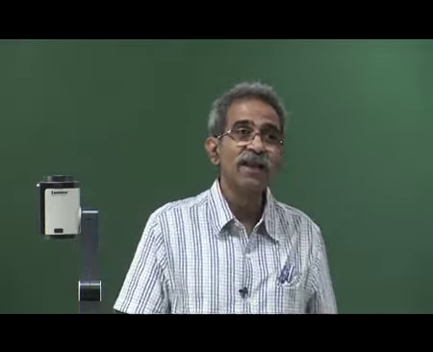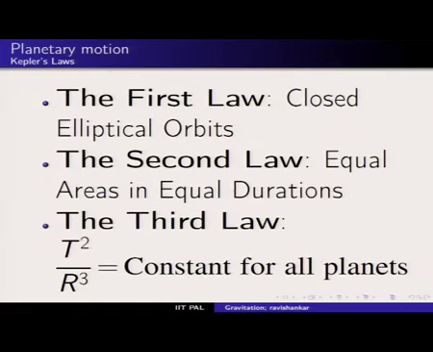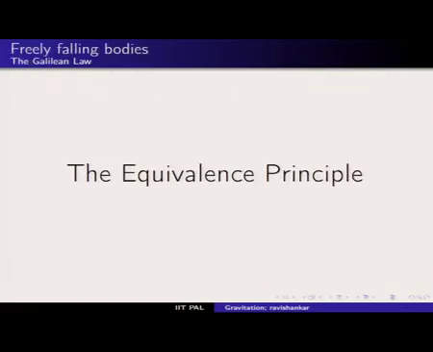Then I want to go back to Kepler's laws, which were formulated based on the planetary observations, especially of Copernicus and Tycho Brahe. And then I will combine the two and I will try to show you how gravitation causes a very pleasing, unified description of both terrestrial and celestial phenomena. Okay, actually I have gone to planetary motion. So what I should do is I should go back here and start discussing equivalence principle. So let us get into that.